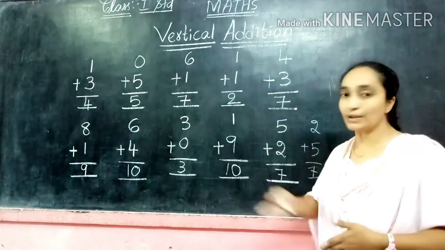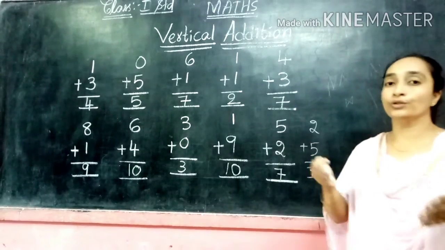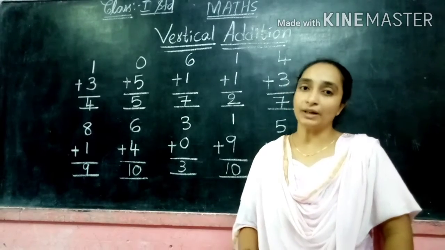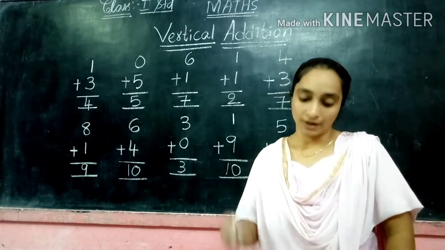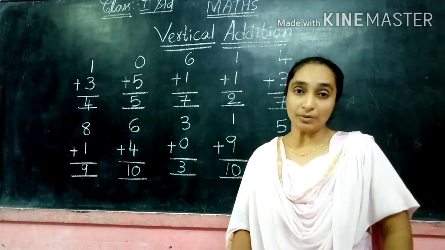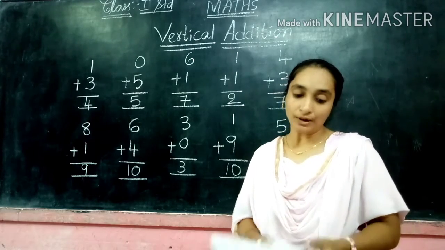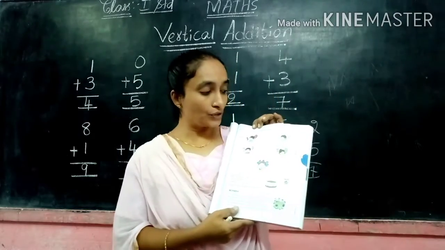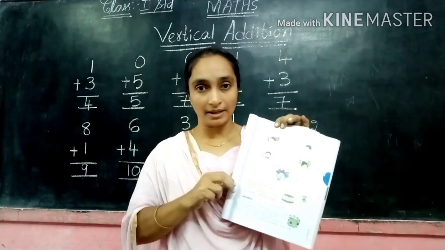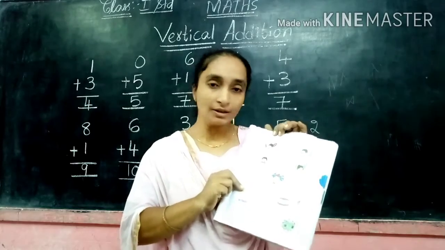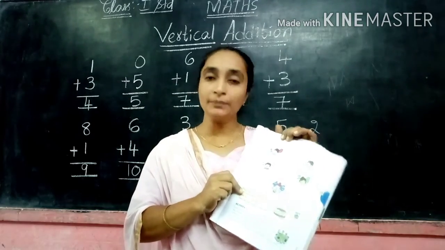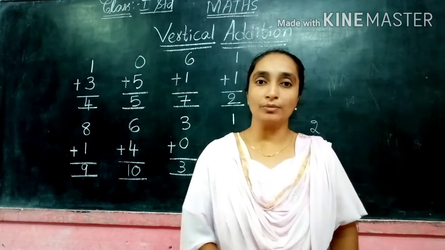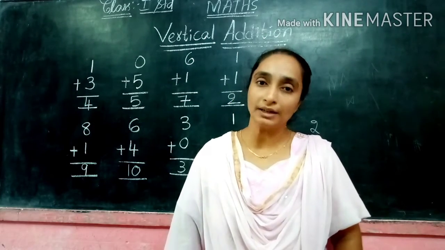So children, here we have completed our additions. So in your textbooks, the page number 100 you can complete in your textbooks, children, very neatly and slowly. So the next, the page number 101, here we have to add the numbers each child is holding. Here the 4 children are there holding numbers in their hands. Let us see, here also the same vertical addition only. Let us see, children. I'll do it on the board here. Let us see this page number 101 vertical additions.